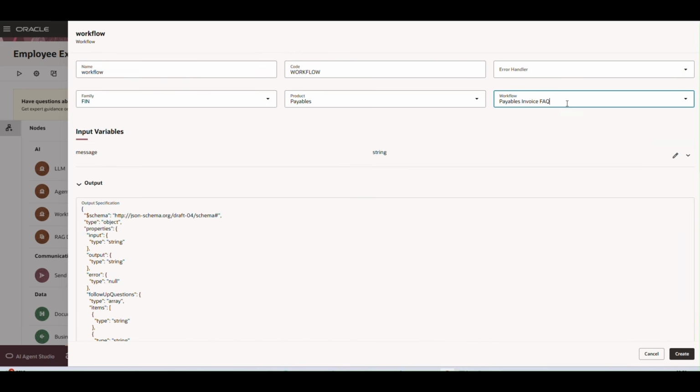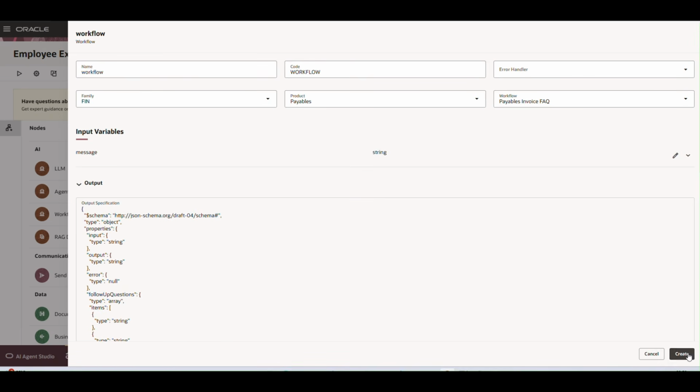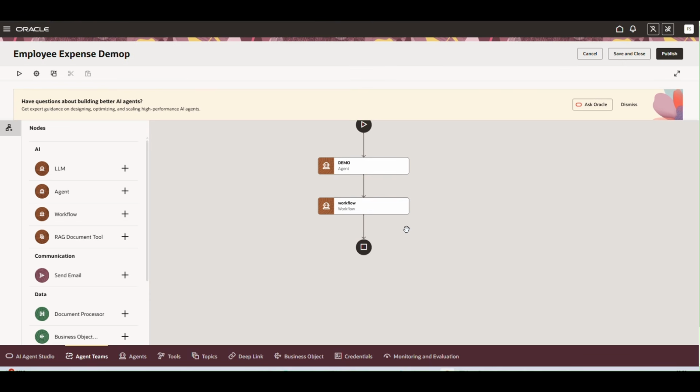Let's take an example of payables invoice frequently asked question. Same, I have to provide a message for this agent, and once I provide the message, it will use that and process it. That's how it is going to be. It's as simple as that. It's just that we are delegating a task to that team, and then this node will give an output in a JSON format. So we have to consume that in our workflow and then use it further. That's the purpose of using these worker agents or the agent teams as part of these workflow agents, because we do not want to complicate our workflow agent. So we are assigning the task to another subflow and then using the output from that subflow